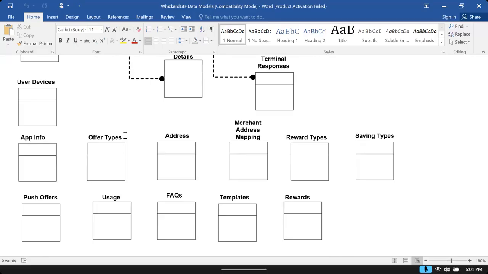Is any module missing? Is any module additionally mentioned which is not required? Once the review is completed, they will say, okay, this is final, now you can proceed. So your conceptual model is certified, and now we go to the next stage.